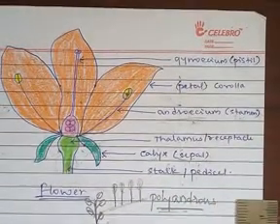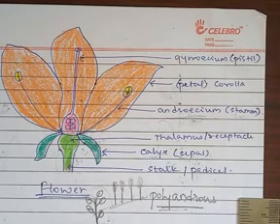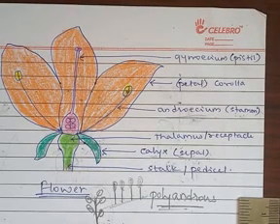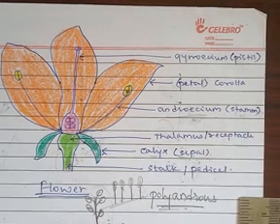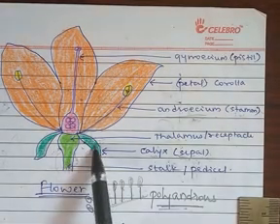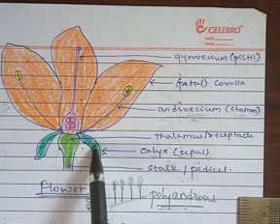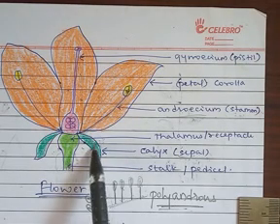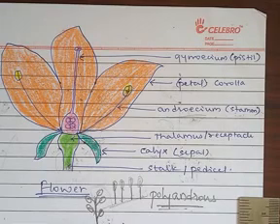And as I told you, the sepals are generally green in color. But sometimes you will find that the sepals are of some different color also, like red, yellow, etc. In that case it will be called petaloid sepalous because it looks like petals, right? Next, what is the function of the calyx? The function of the calyx is to protect the flower in the bud condition. And a secondary function, since the calyx is green in color, it may carry out the process of photosynthesis also, right?